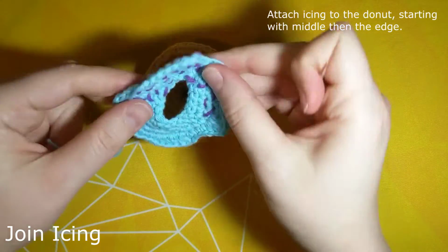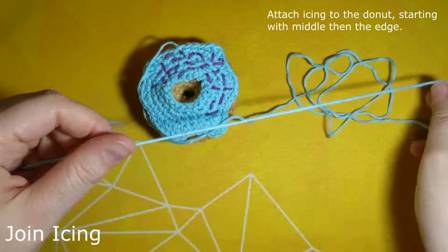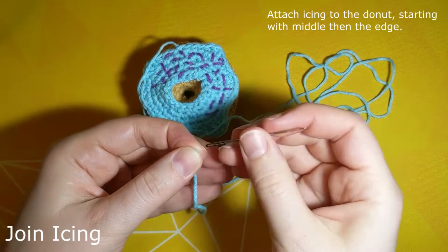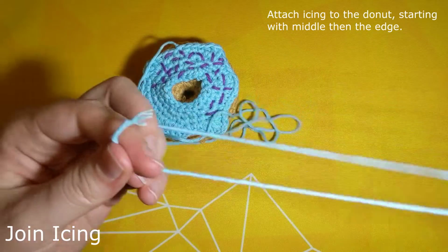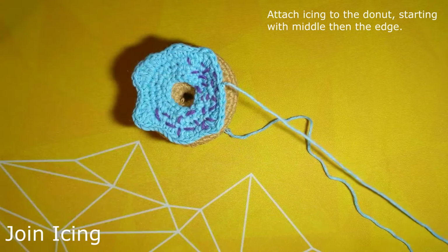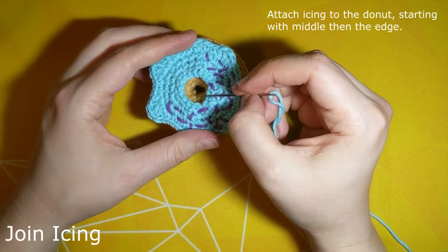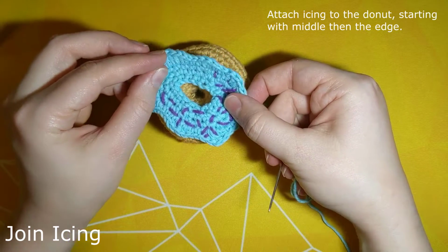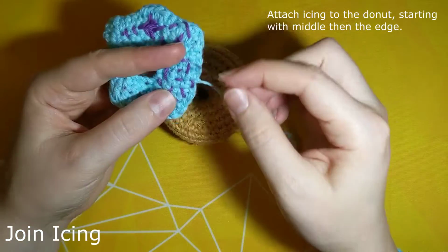Okay, so turn this one over, grab my exceedingly long tail, and put my yarn through. Okay, so as I said before, we're actually going to pin the middle in first before we do the outside, and that just allows us to ensure that it doesn't end up wonky in the middle and stretched out. So to start, I will thread the needle